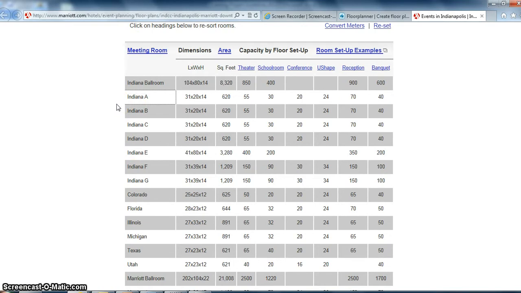Several hotels do not list prices for their rooms for a lot of different reasons, and so if you want to, you can call and ask them how much that room would be, or you can also ask me in class, tell me what room you're doing and what your budget is, and I will give you an approximate price for the room. The price of the room includes the tables, the chairs, as well as dishes and use of the